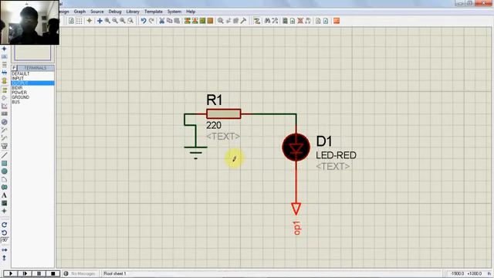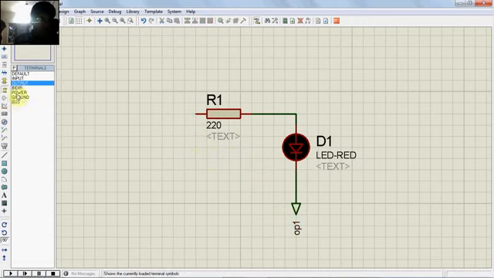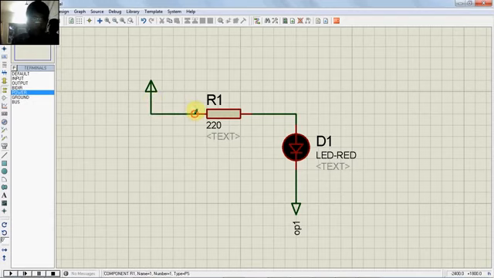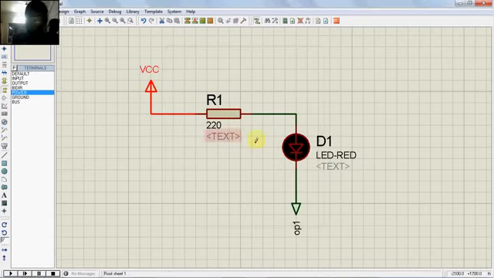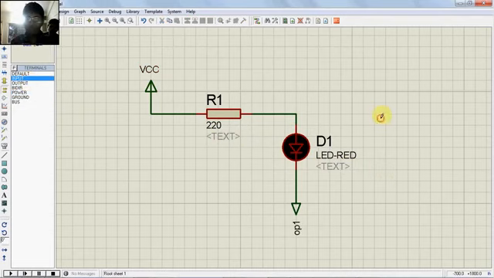Now press this input. I will explain afterwards how it is working. Take the components mode. LED is here. I am connecting one more LED, and I will ground it here. Now I am naming this input as